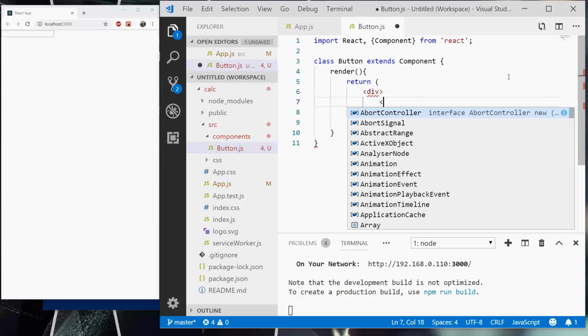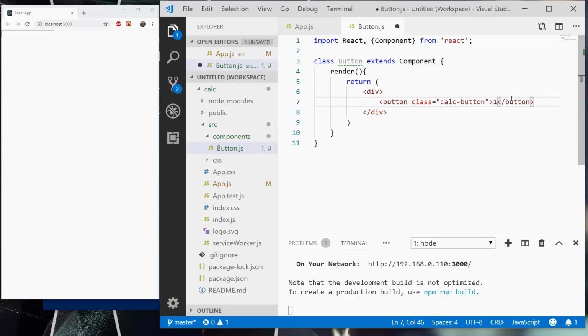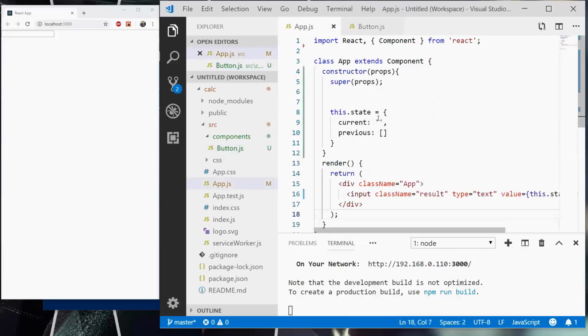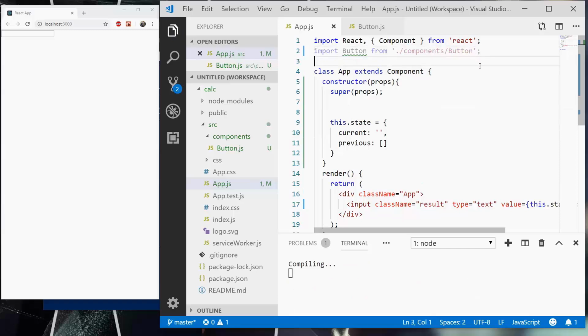So we're going to need some props so that each time we instantiate a button, the button knows what it is and what it should do. So let's go ahead and add button class calcButton, just because we are going to be styling these. And then for right now, let's just print the number 1 there. And then we also need to export default Button. And now we're ready to use this and start creating our grid of buttons in App. But we need to import Button. So we're going to import Button from, in the current directory, we're going to look for a components directory and then button. We're going to save this,